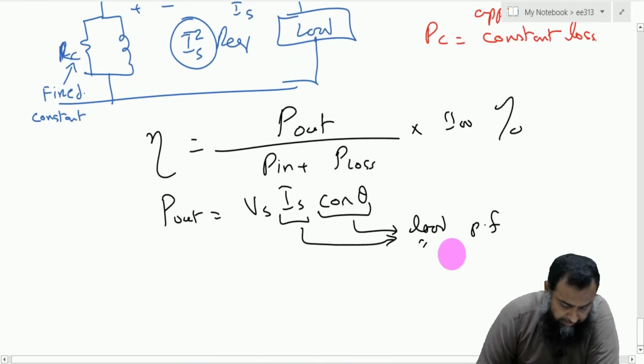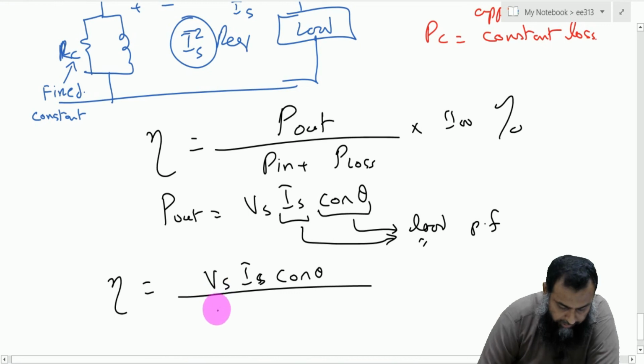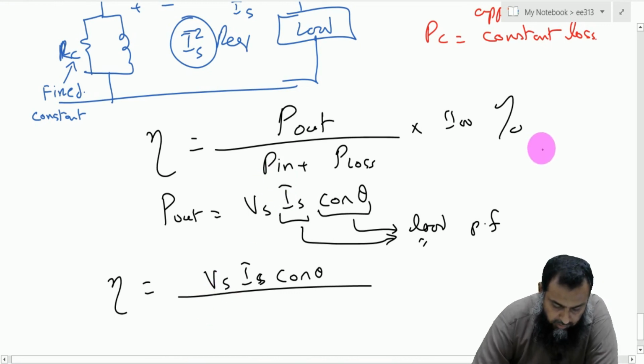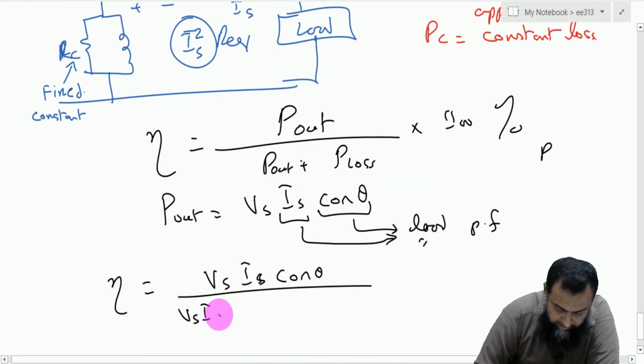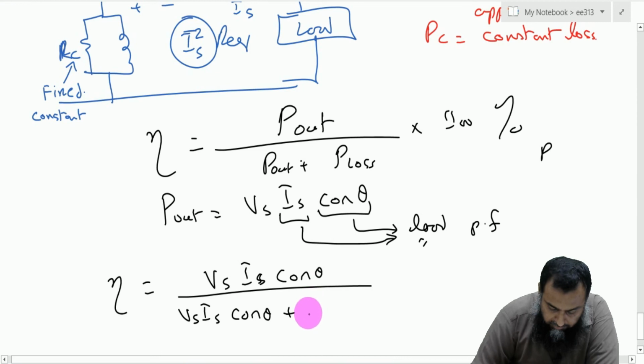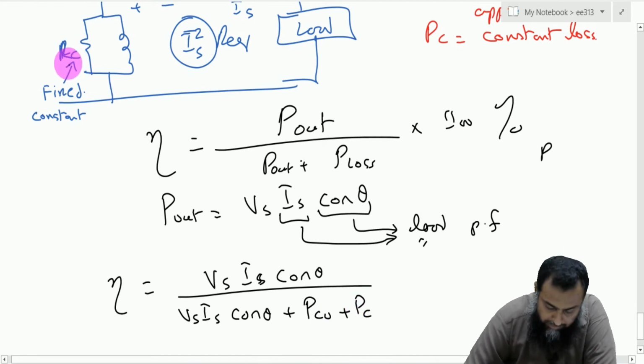So let us say that this efficiency is equal to VS IS cosine theta divided by the power on the input side. Now because this is not the power out, this is power out, right? So I have written it wrong. Let me correct this one. This is P out plus the P loss. So that is equal to VS IS cosine theta plus the power which is dissipated in the copper as well as the power which is dissipated in the core, which is represented by this RC, multiplied by 100%,